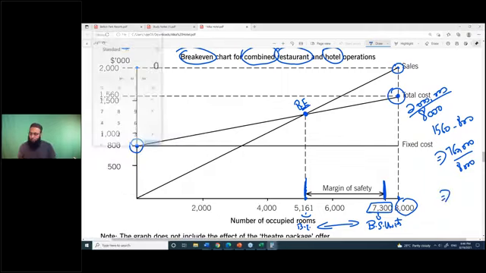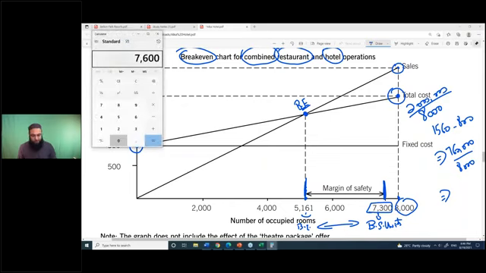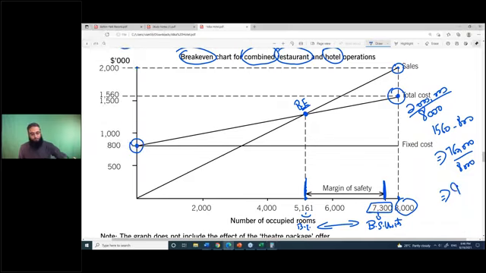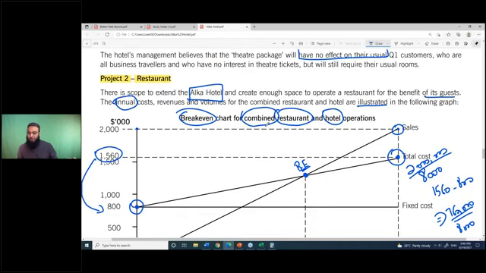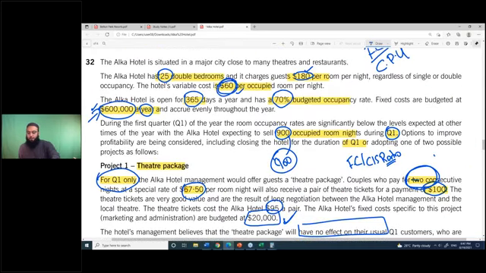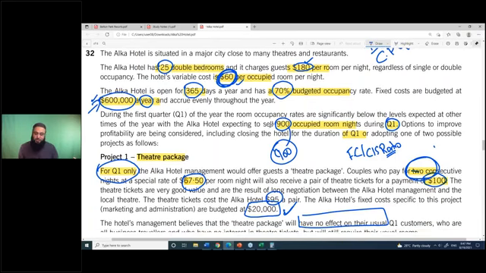So let's have a quick look. What is the answer? 760,000 divided by 8,000 is 95. So 95 is your variable cost. Now imagine, has it changed? Yes, it has. This is the total cost; you deduct the fixed cost from this, you're left with variable cost, and you divide this by 8,000. Previously the variable cost was 60, which has gone up to 95, and obviously because of the restaurant,